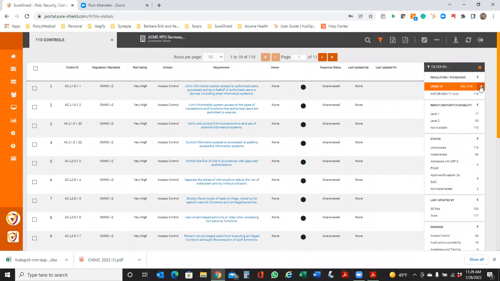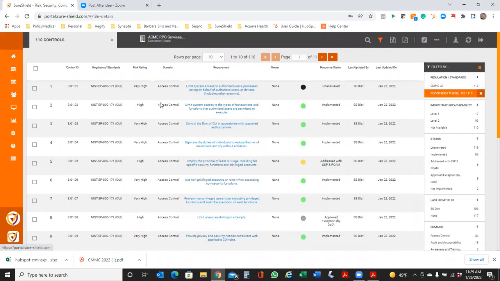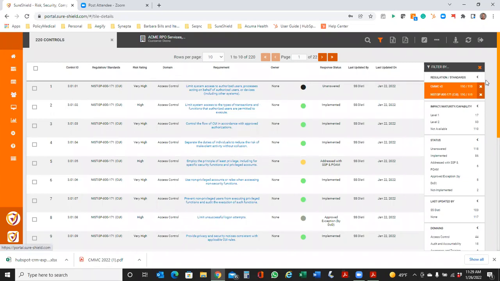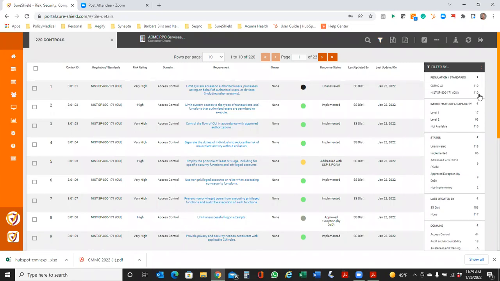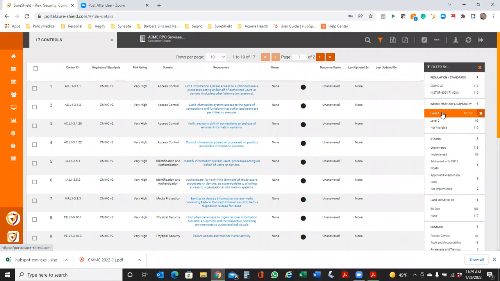Just notice over here, in this area that's called the control ID, you'll see that these new controls have the new numbering conventions. It's a component of the previous CMMCs, and it's also a component of the NIST 800-171. So if I were to click off of this and click on NIST, you're going to see the control ID that is different specifically for NIST. You'll also notice within here, if I wanted to, I can even filter down on the different levels that I may want to look at. So if I just wanted to look at the new level 1s, as we recall, there are only 17 controls. And when I pull that up, it actually provides that information to me.